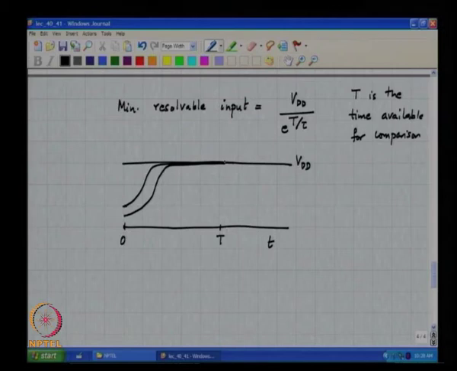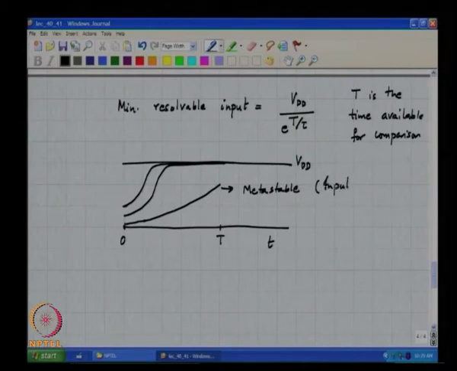Okay, this happens, right. As you can see, the delay of the comparator therefore depends on how close the input is to the threshold, right, and if the input is very, very close to the threshold, the output may not regenerate to a logic level, okay, and in this case the comparator output is called metastable, okay, where the input is too small to result in a valid logic level.